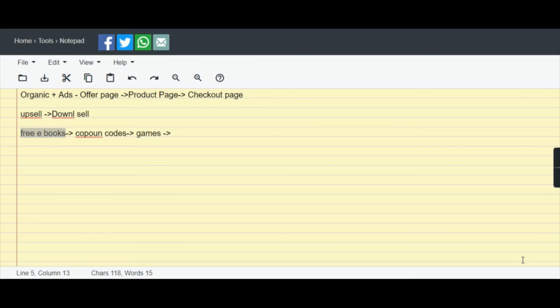That is completely different. For this sales funnel, this is how we are going to work. You can include coupon codes if you have your own product. If not, you can also involve some games like spin and win. There are a lot of different strategies which we are going to discuss only in our closed groups.